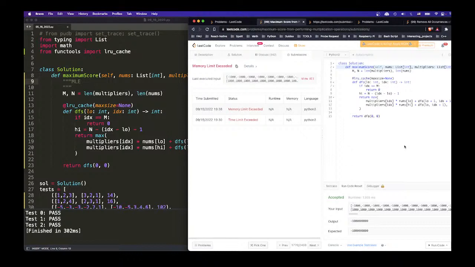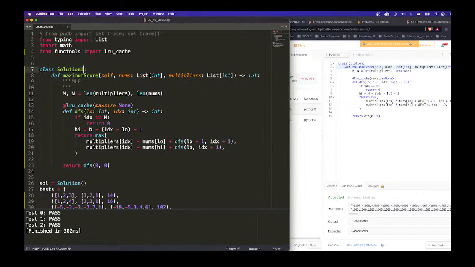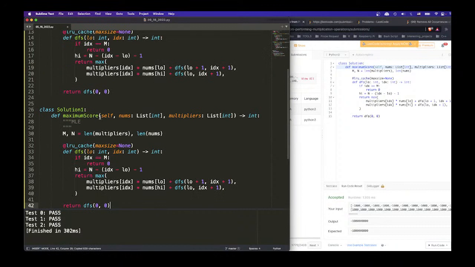If we use, I don't know, is this going to be faster? Are you telling me that it will be better to hand roll